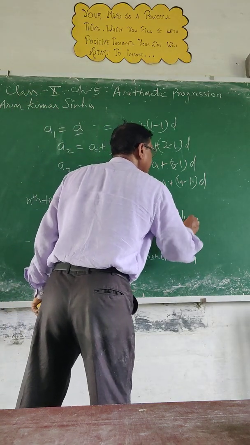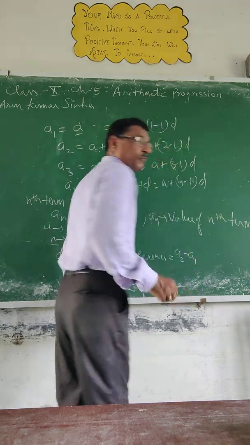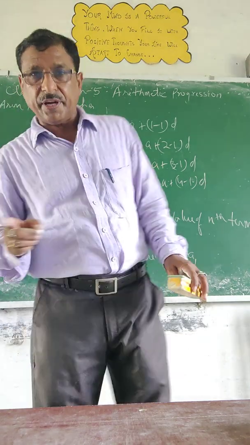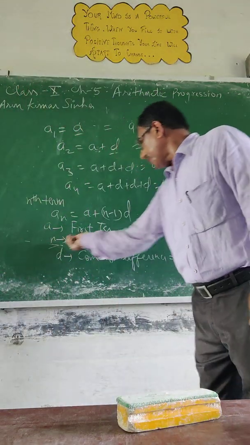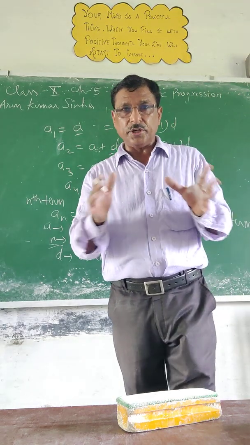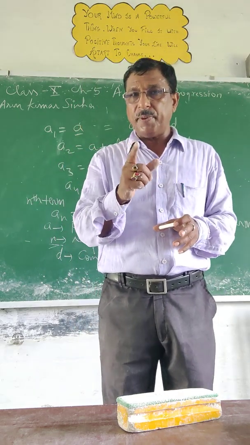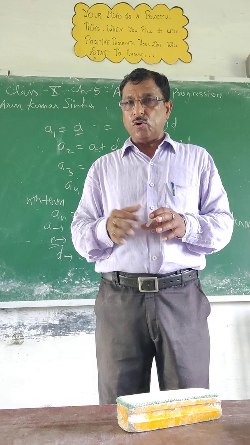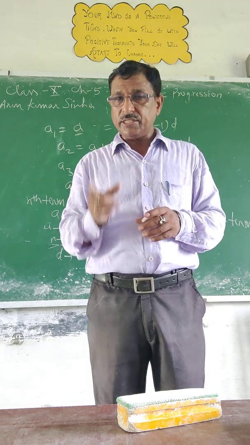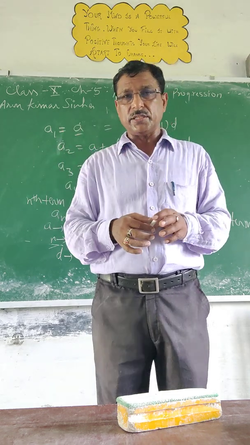Value of nth term. Value of nth term. Okay. So what is difference between n and an? Try to understand. Let there are 40 students in the class and one student is there whose roll number is 16. So if I say 16, roll number 16, that is number of terms. That is, there is at least 16 students are there in the class.